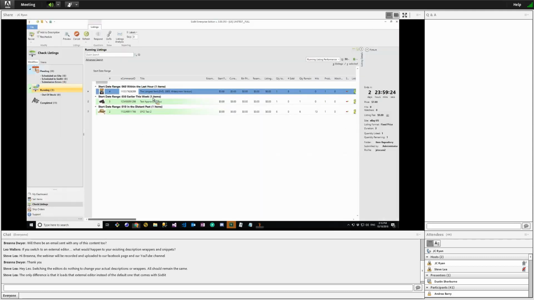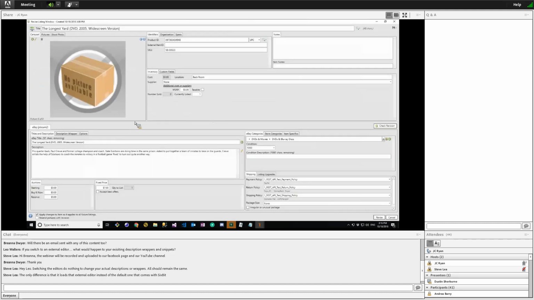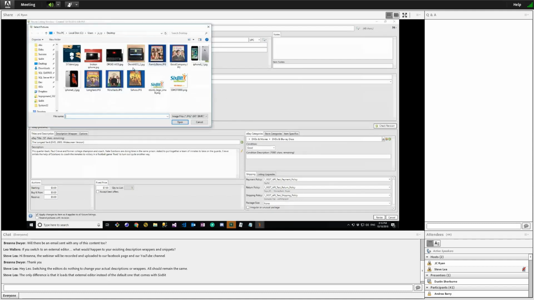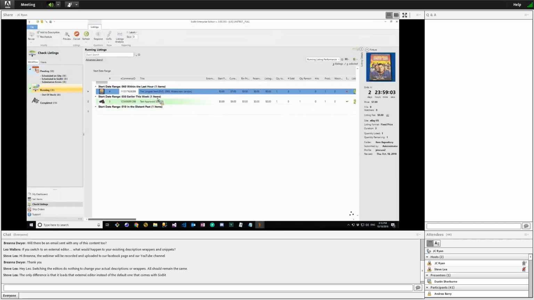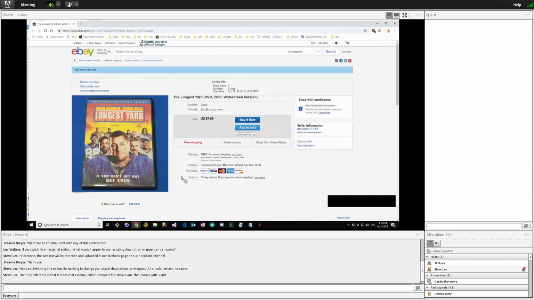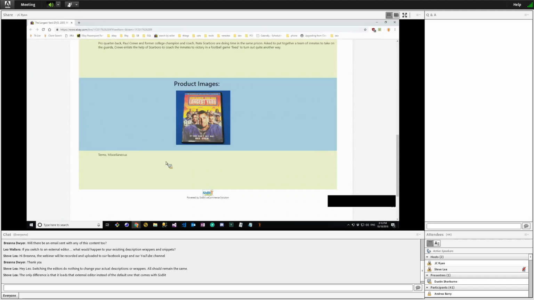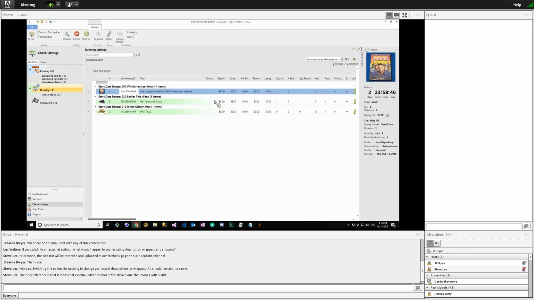But if I go back into this listing and I add, if I go back out to the listing, I now have the product images in here. So it's simple to do. I've got everything in a nice description wrapper. All I have to do for all my other DVDs